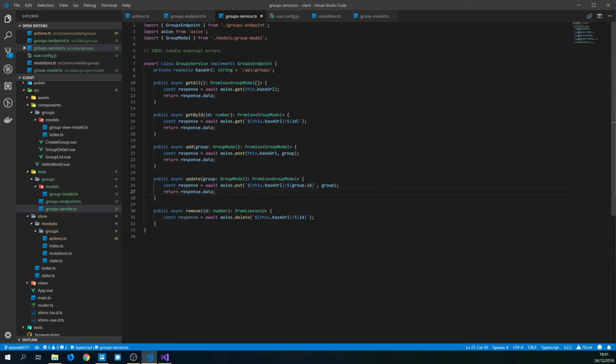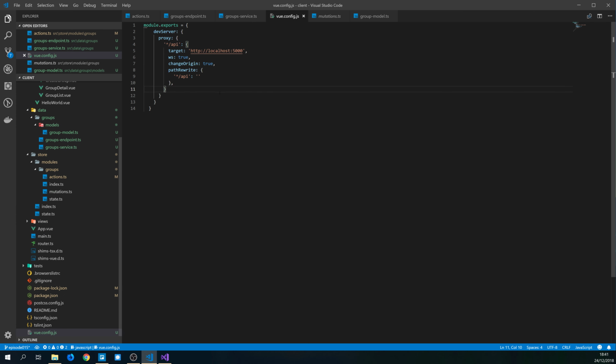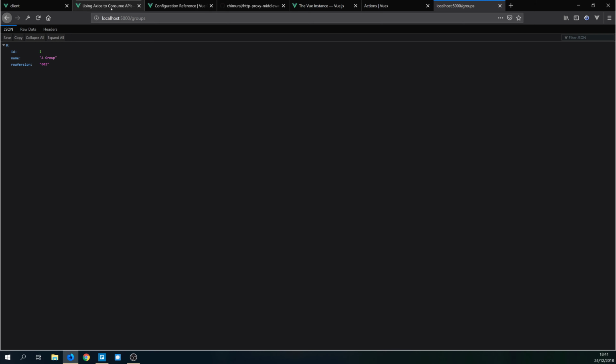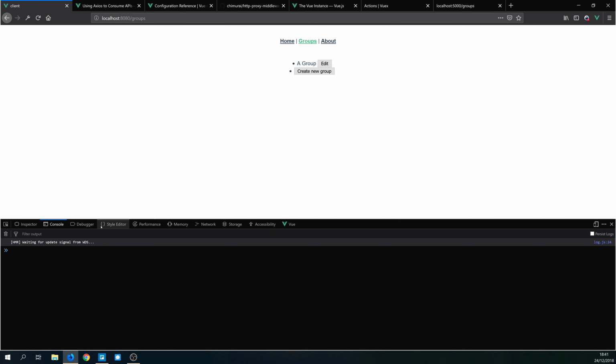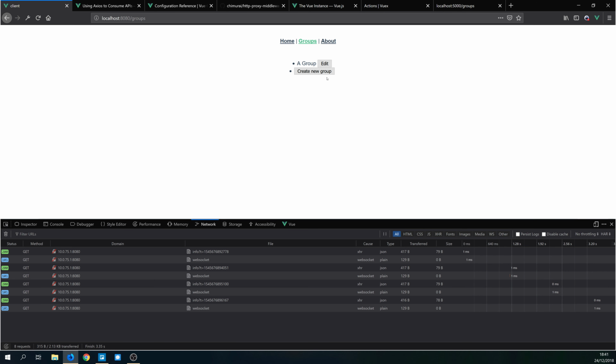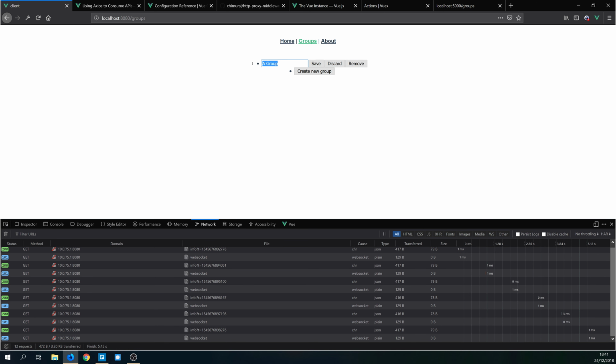So we created this group service, implementing this interface just because of reasons I will explain in a minute. Using this to proxy the requests. So if we go here to the network information, here, and I make an edit,